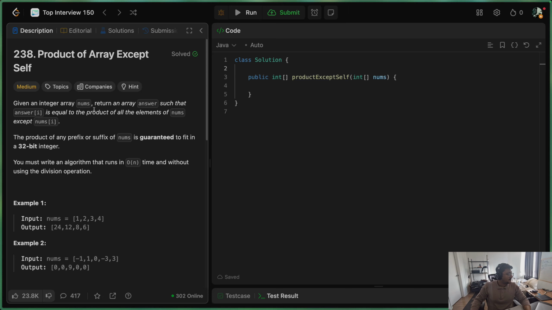Given an array nums, return an array answer such that answer of i is equal to the product of all elements of nums except nums of i. The product is guaranteed to fit in a 32-bit integer. You must write an algorithm that runs in O of n time without using division operation. So given an array,